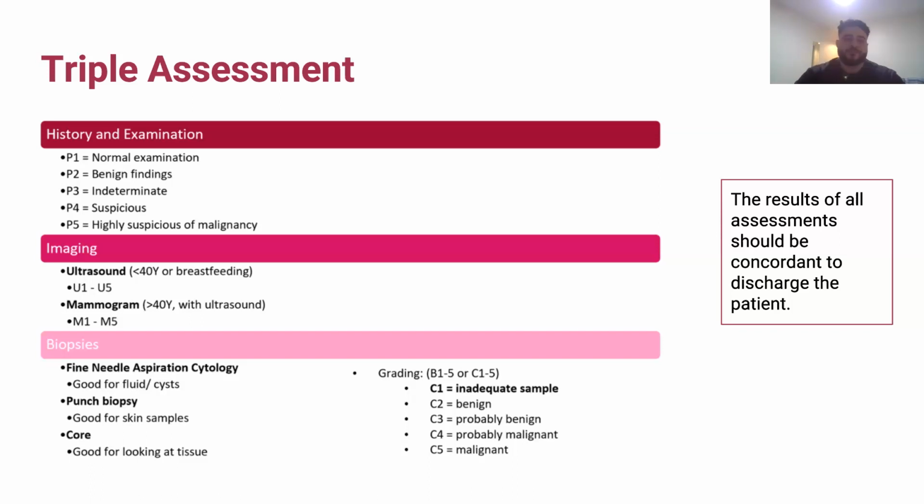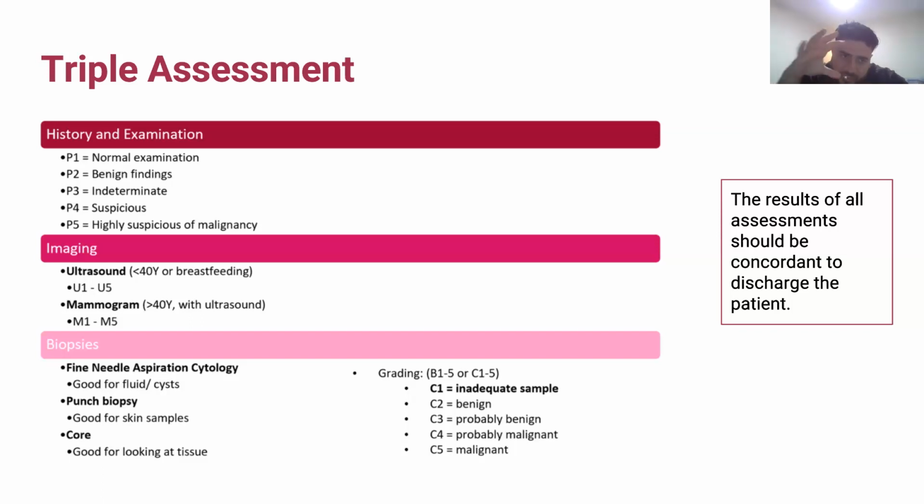In terms of the imaging, there's 2 lines of imaging that you can go between when you're looking at breast pathology. So an ultrasound can be done for patients under 40 years old, whereas a mammogram can be done for patients over 40 years old. When I learned it, I think it was 35 years old that was also acceptable. You could do an ultrasound beneath 35 years old, but older than 35 years old, you probably want to do a mammogram. I'd ask you to double check that in your own time. But here it says under 40 years old as an ultrasound, whereas over 40 years old as a mammogram.